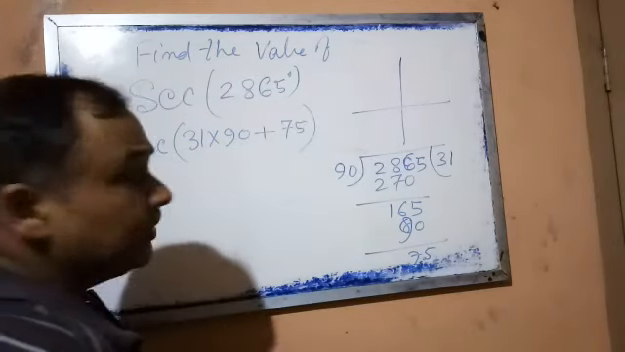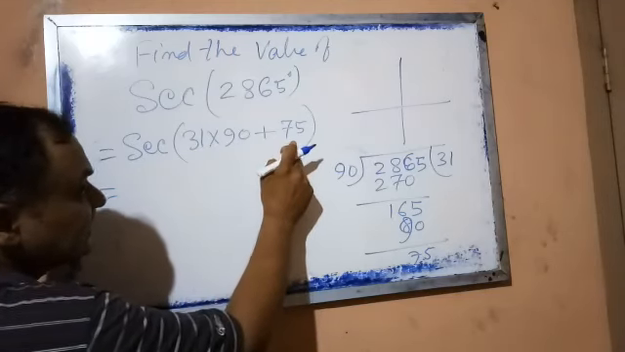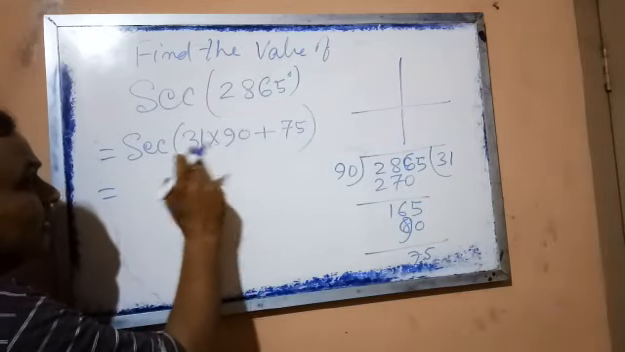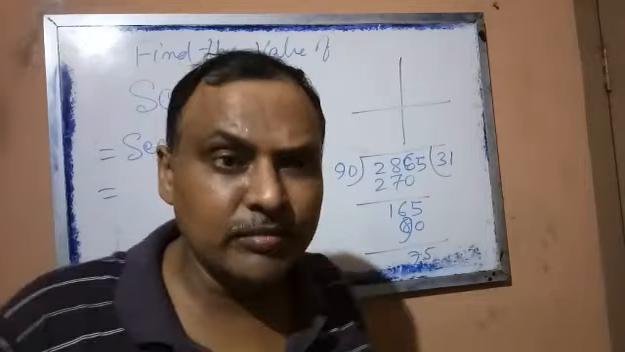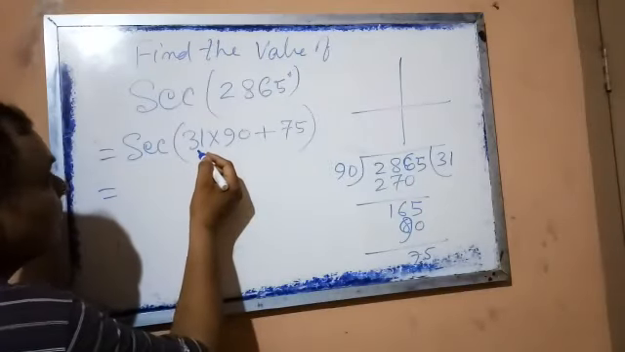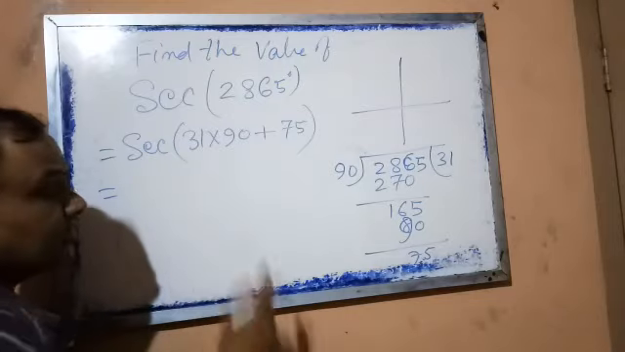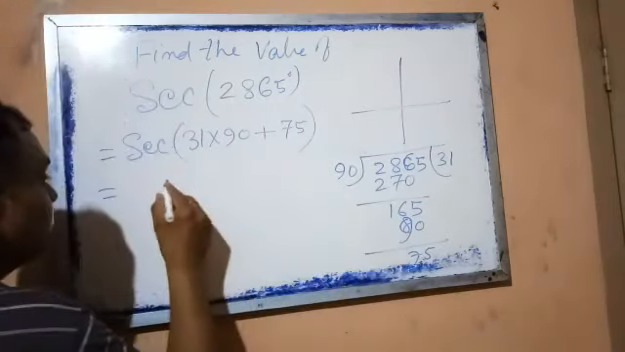And what I told, the moment you find odd number, angle value is what? N into 90 plus theta. In theta plus 75, this 90 is how many times it is going? 31. 31 is even or odd? 31 is odd number. So once it is odd number, this ratio will change. So sec will change to what? What was in the change list? Sec was changed to cosec. So it will be